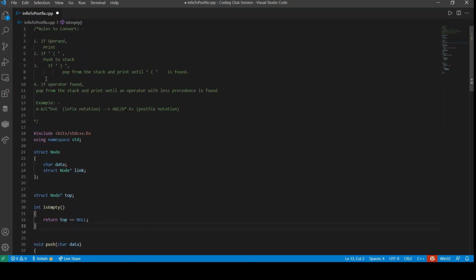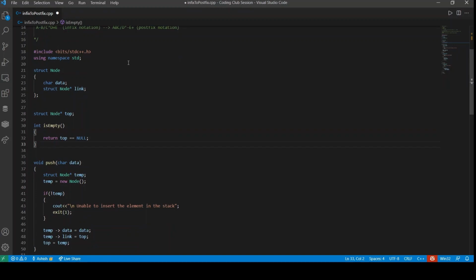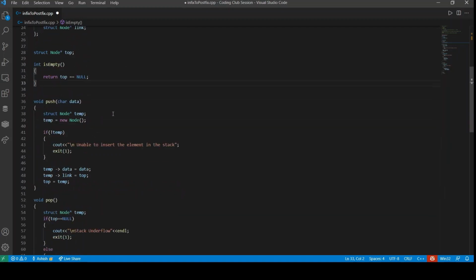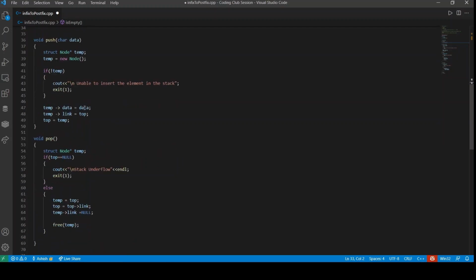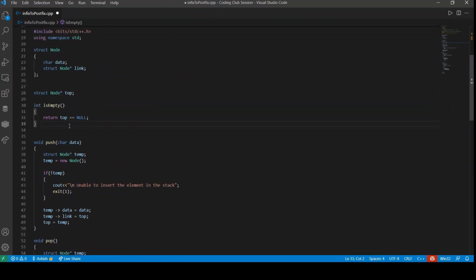Here I have already written the rules of the conversion, that is, first, if operand, we print, and the further rules that we already discussed before. Here I have the basic code for stack implementation with the help of a linked list. So I already have the basic functions of it, like push function, pop function, display function, and the others.